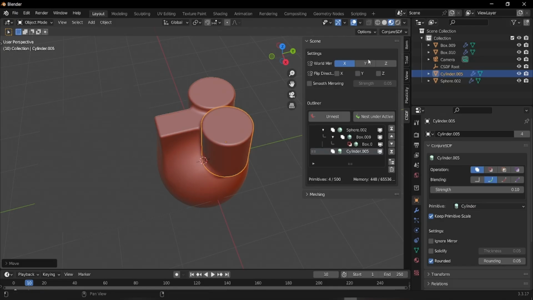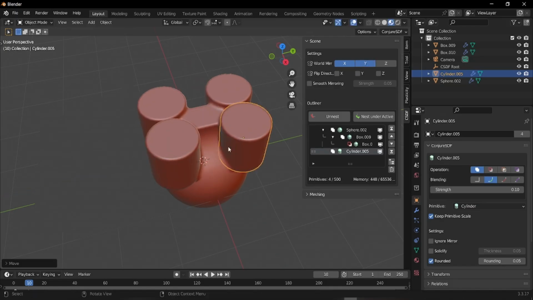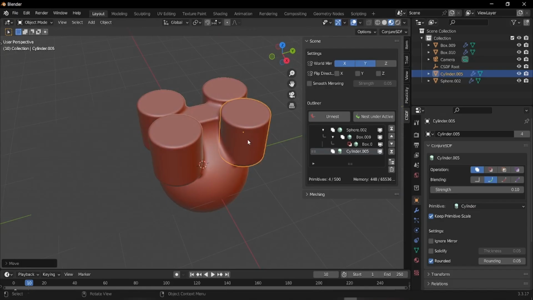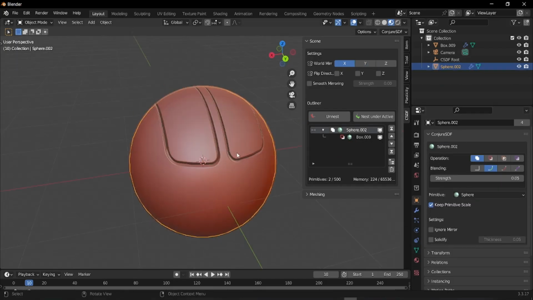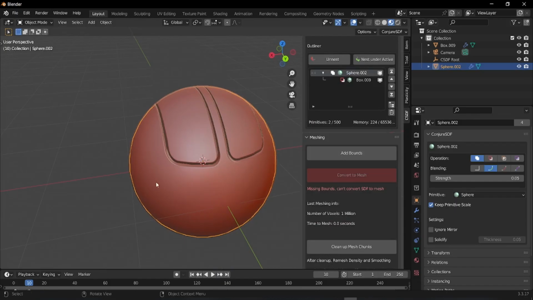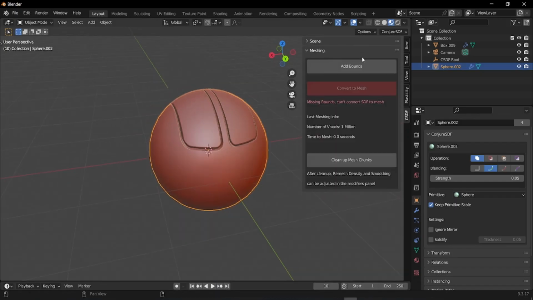But let's say you want to have the cylinder only in this position, and you don't want it to be mirrored. To do that, we just pick the ignore mirror one in the project properties panel, and now it ignores everything. And the actual last thing is meshing. So we go to the N panel, and there is this meshing part, and it's basically making our CSDF data a real mesh that we can texture and what not,